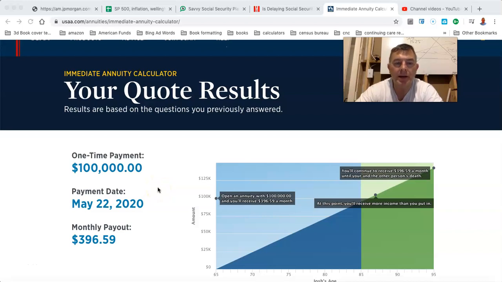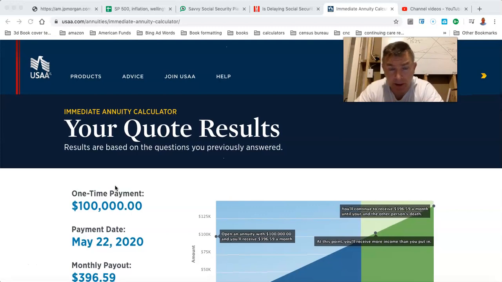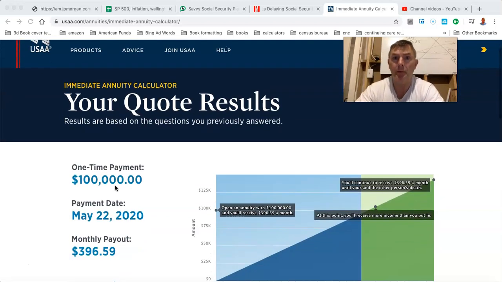All right, so let's calculate an income annuity on USAA.com. USAA is a member company which doesn't pay commissions to a sales force, so it keeps the fees a little bit lower than a commission-based insurance company. Here's what we're doing, and I'll show you how I did this. It's pretty easy. You can compare USAA to your own immediateannuities.com. But we're just using USAA.